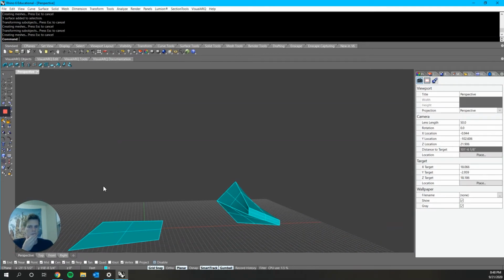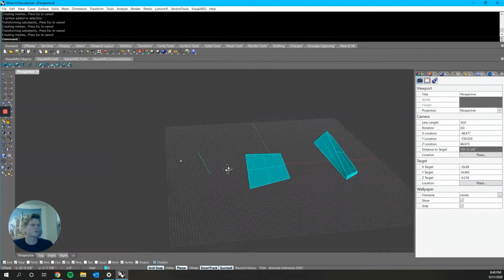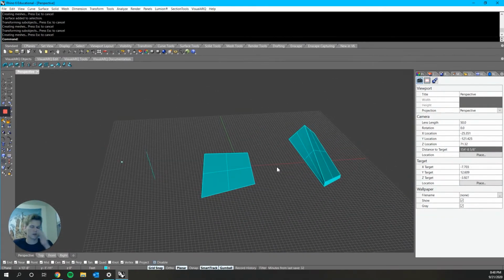Cool. So those are the four basic definitions of Rhino geometry. You have a point. Points make up lines. Lines make up surfaces. Surfaces make up polysurfaces. Simple as that. And up top here, you can see on this ribbon, right here,